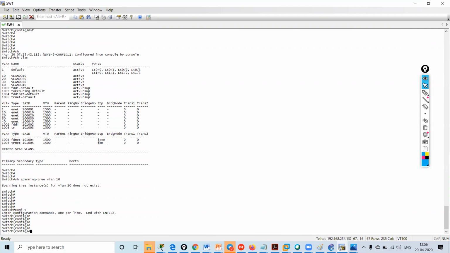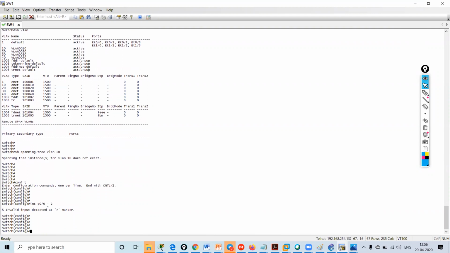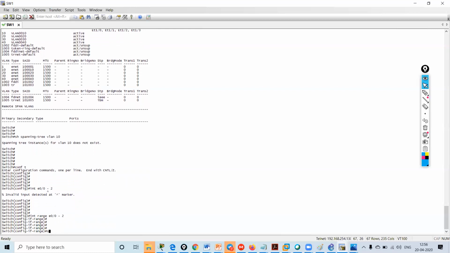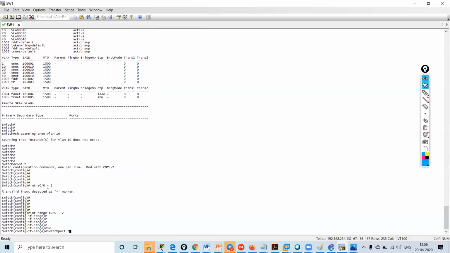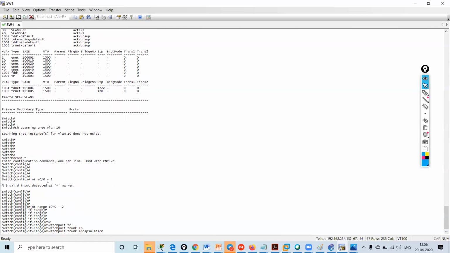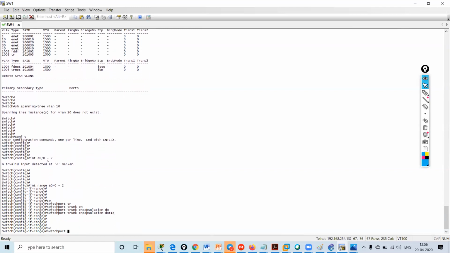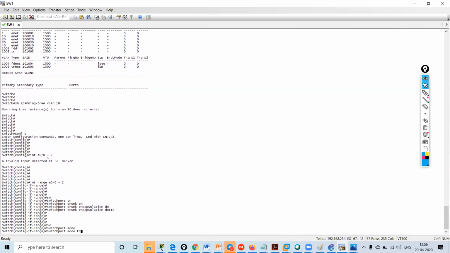I will do something. Interface range Ethernet 0/0 to 1. Switchport trunk encapsulation dot1q. Switchport mode trunk.